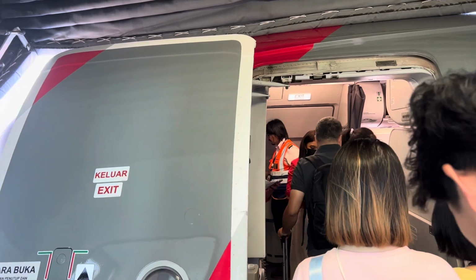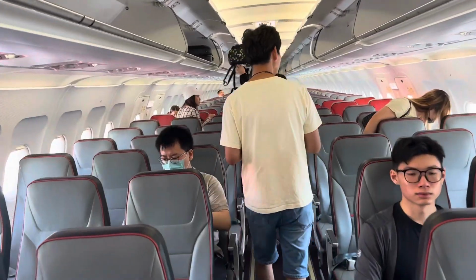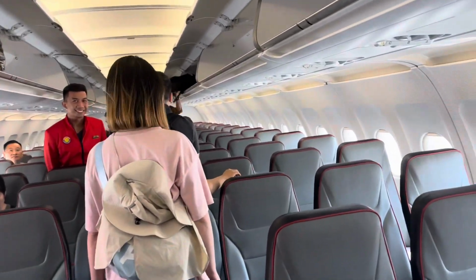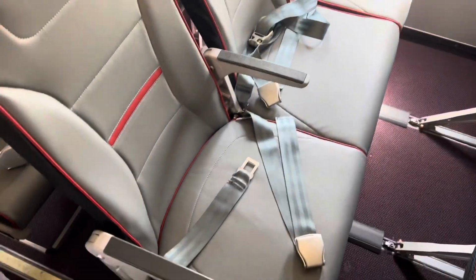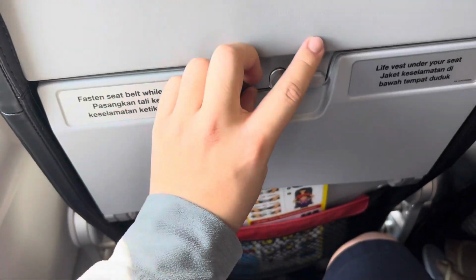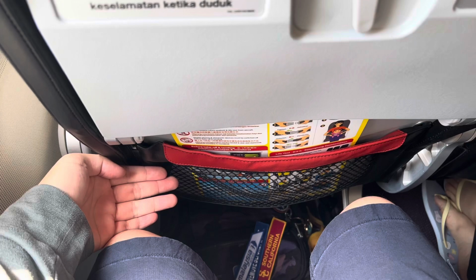And I'm quite excited because, as I might have mentioned before, this is my first time flying MYAirline, and I don't see a lot of people posting about it. The seats look clean, modern, and well, as comfortable as they can get for a budget airline. It is easy to assume that MYAirline's goal is to compete with AirAsia, so let's have a look at what it is. With this slim back design, it's pretty much standard in what you would see in all of any budget airline economy class seats. An okay amount of legroom,